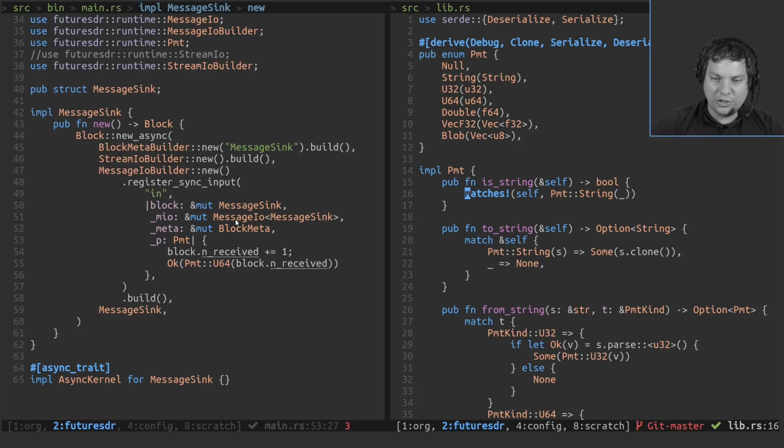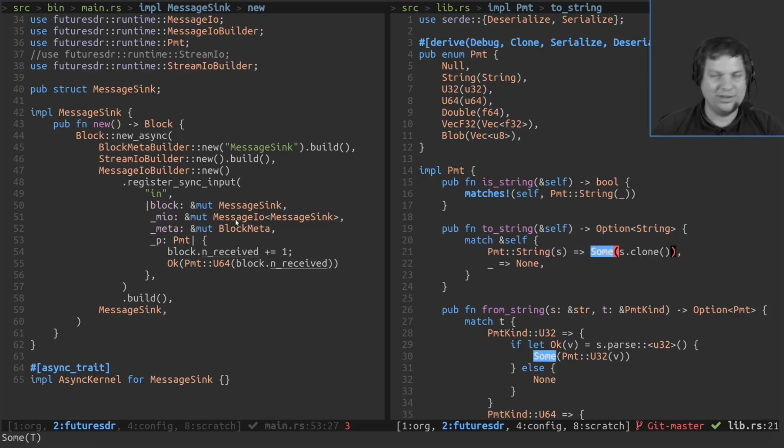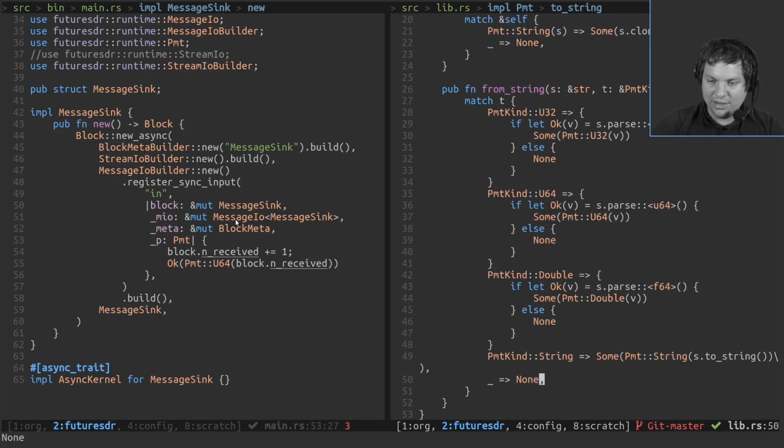And if you want, you could, for example, implement some functions, just as examples. I implemented a function like, is this a string? It checks whether the enum variant is a string. Here you can do toString, and if it is a string, it gives you back the string. So it's all that trivial. Or you can parse a string to a variant that you can specify. I just added some functions to show how easy it is.